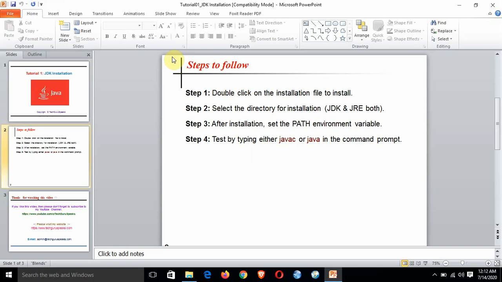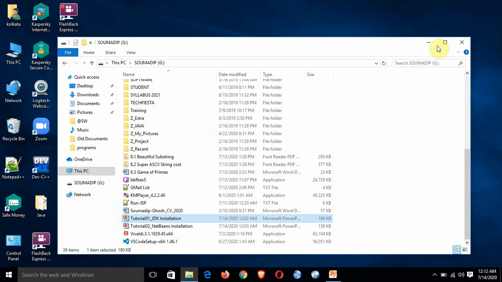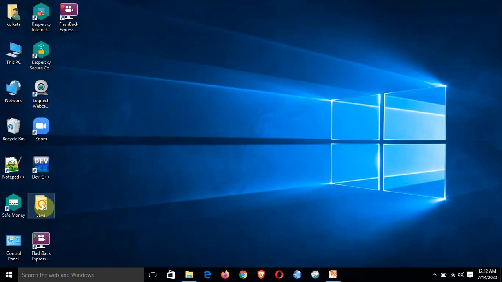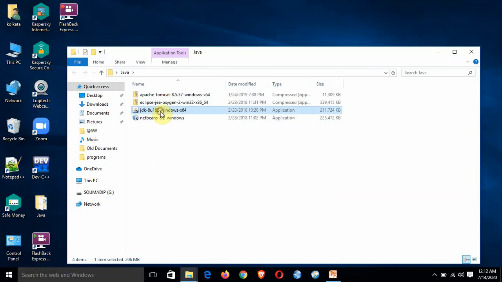Now I will be showing you how to install it using JDK 8. So now I will first click on the software. It will now start installing.